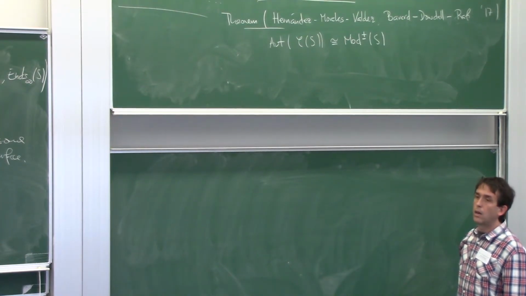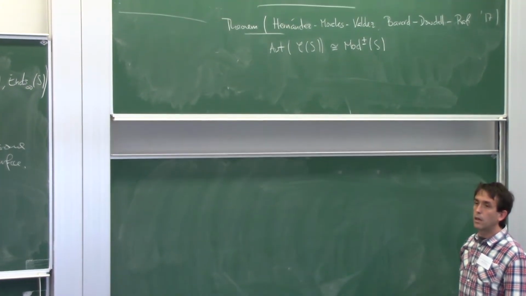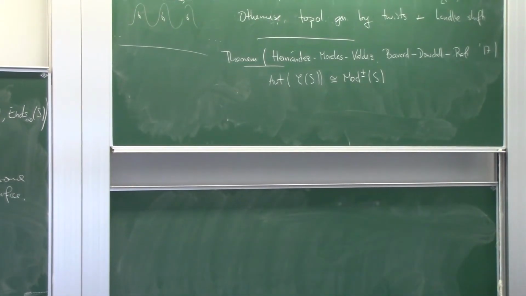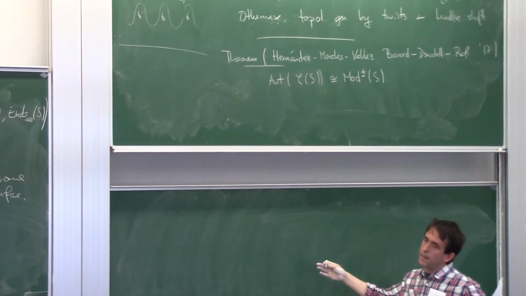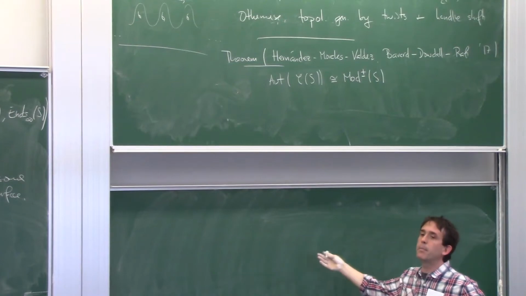So the left-hand side is some sort of topological group. How do you see the topology on that? There's a natural topology that comes from being the automorphism group of a graph with a countable vertex set. You choose an enumeration of your vertex set, and then you say that two things are very close if they agree on many, many curves.